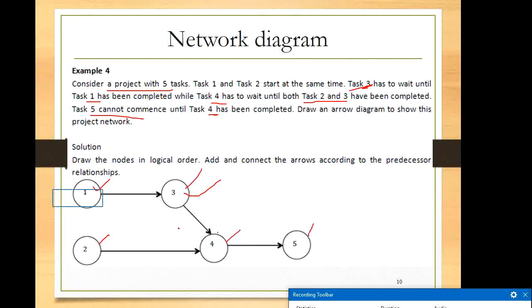So to start task 5, suppose for example task 1 takes 2 days, task 3 takes 5 days, task 2 takes 5 days, right? Then you can commence 4 only after all the previous activities are completed. So that means 5 plus 2 plus 5, not 12. It is not 5 plus 5 plus 2, but you see here, these are parallel activities. 2 and 3, 2 and 1 parallel. That means you can start on the same day, right?